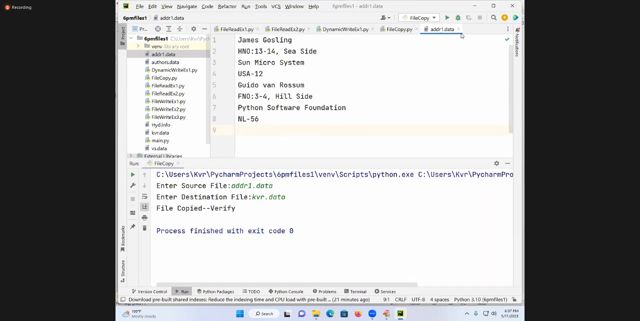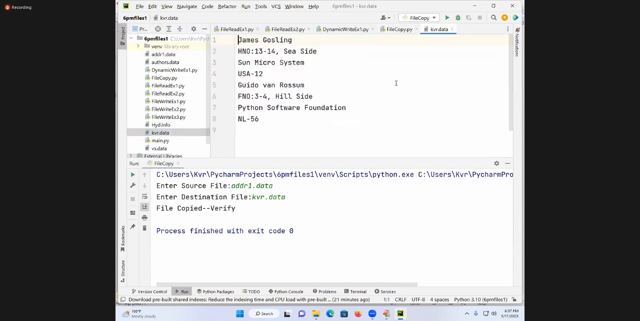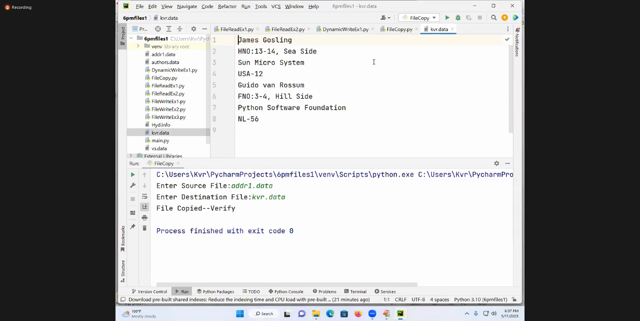Close this now and see kvr.data here. This is the data which is available now. Are you following me? This is the data which is available. Got it, students? Now, coming back,